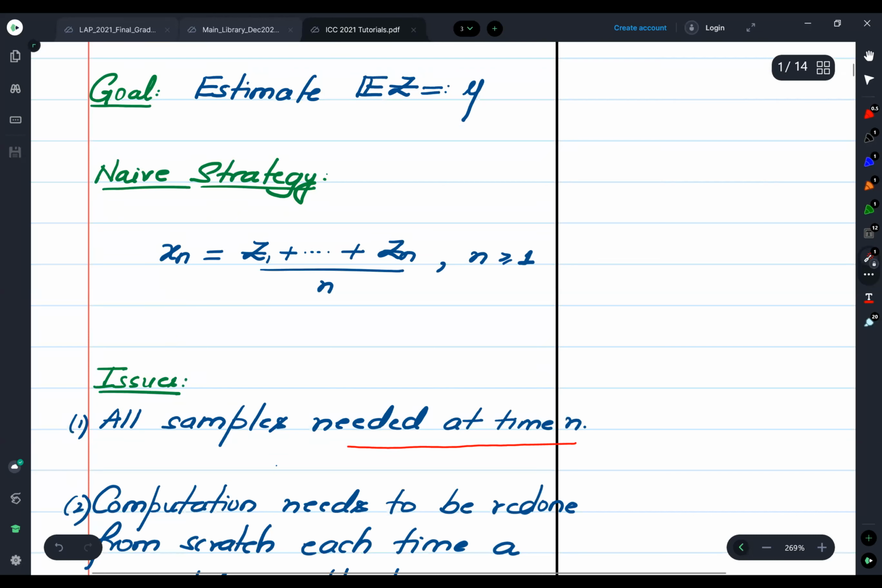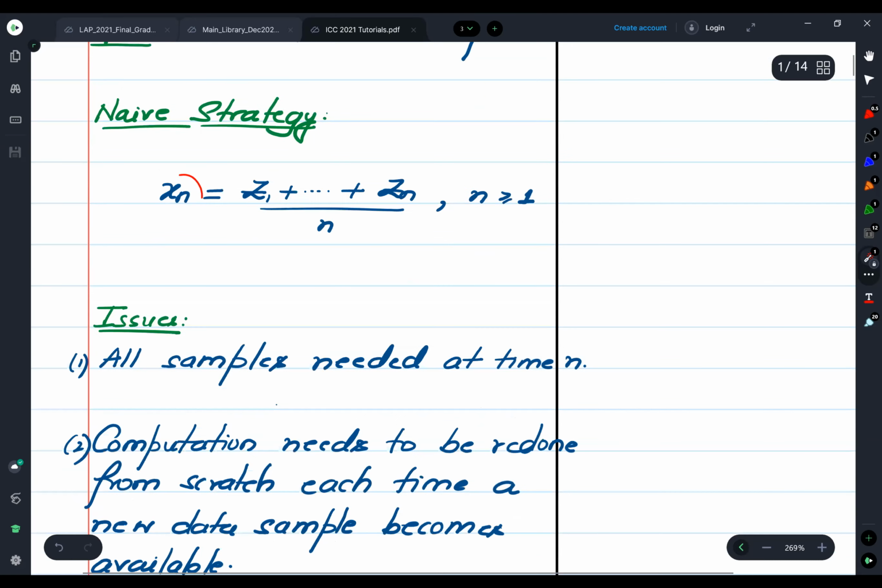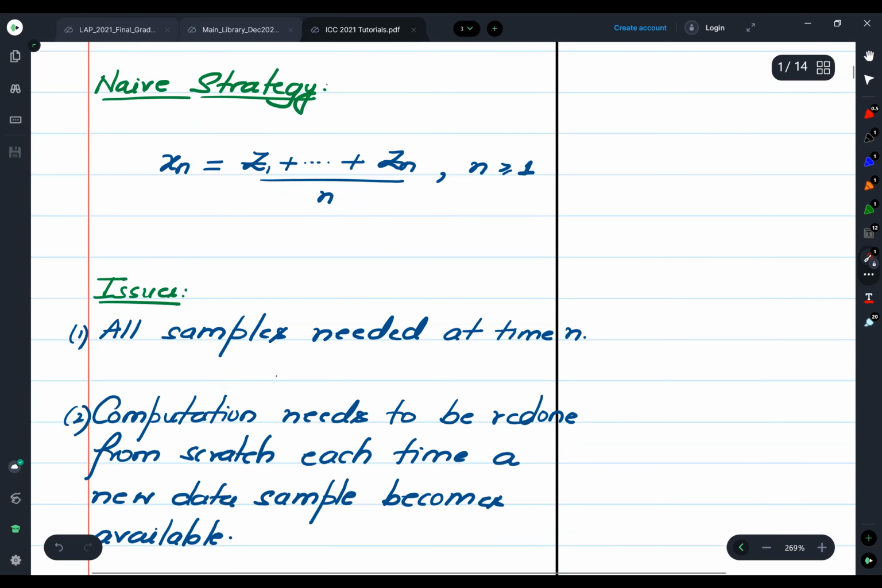So observe that we need z1, z2, z3, all the way up till zn. Only if we have stored these values can we compute the value of xn. And the other issue is that the computation needs to be redone from scratch each time a new data